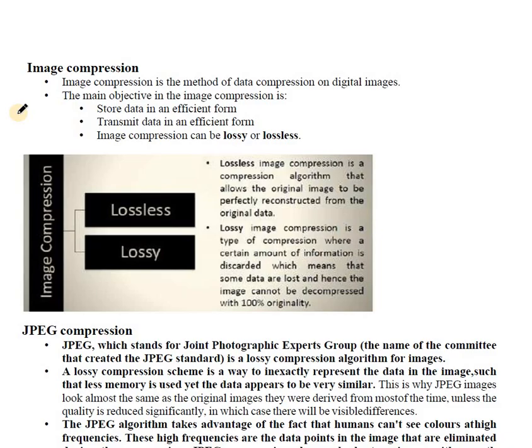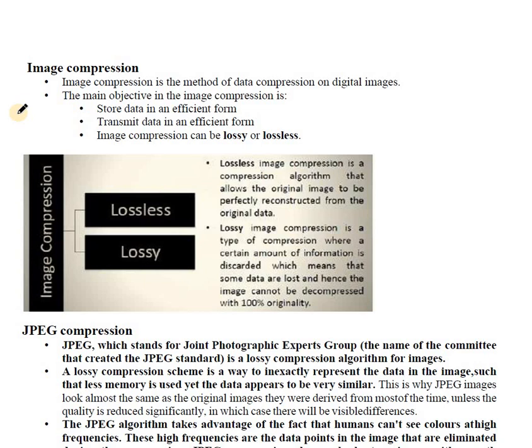Now, types of image compression are lossy and lossless. Lossless is when you can reconstruct the original image as it is from the compressed image. That is, in the process of compression and decompression, you lose nothing. Whereas, in lossy image compression, you lose a certain amount of information which is permanently discarded. So, some data is lost. So the decompressed image is not 100% same as your original image before compression.